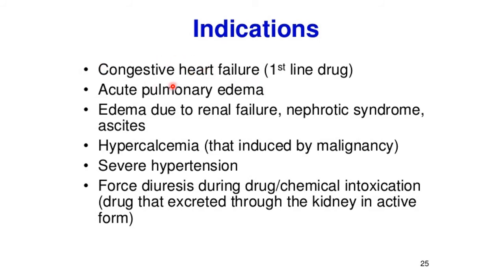You know that in congestive heart failure, the heart is not capable of pumping and it is not working properly, and it is preserving fluid in your body and there is edema. To lose this fluid, we use loop diuretics to get rid of this extra fluid. Moreover, they are used in acute pulmonary edema because these loop diuretics reduce the pulmonary vascular pressure. The exact mechanism is not known, but they reduce the pulmonary vascular pressure.